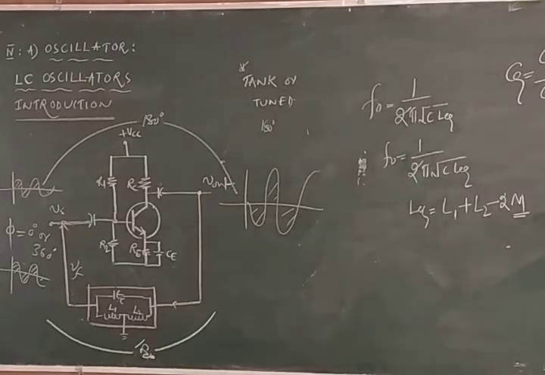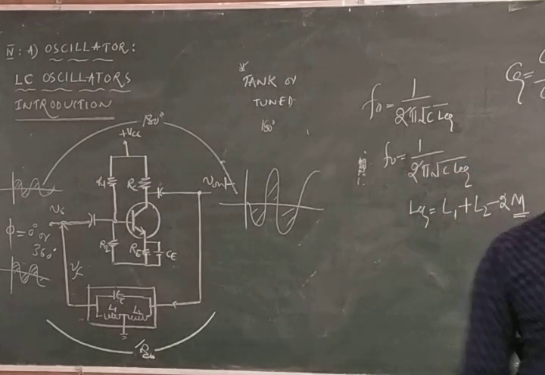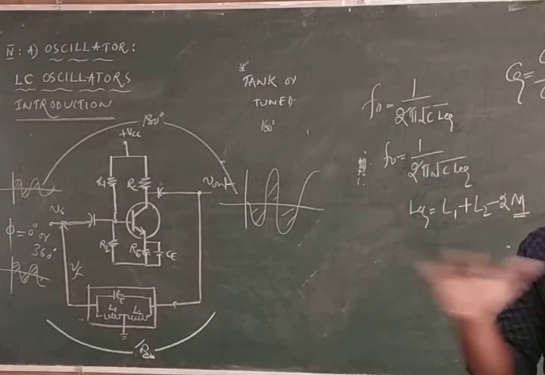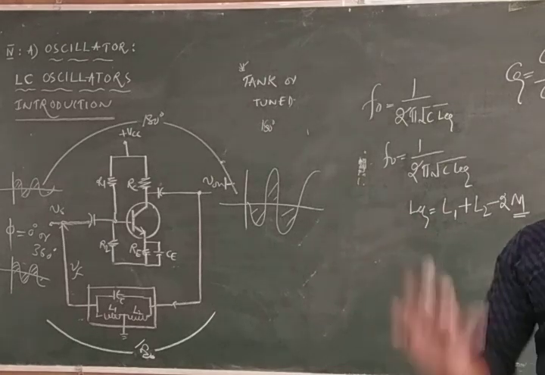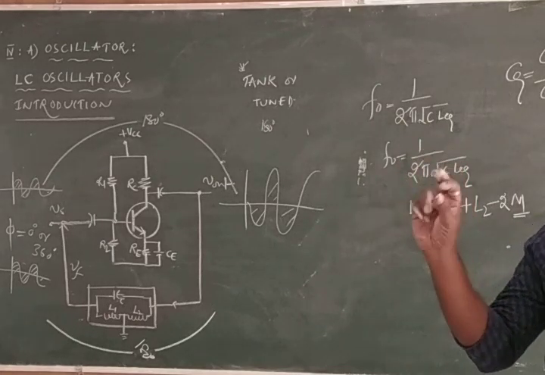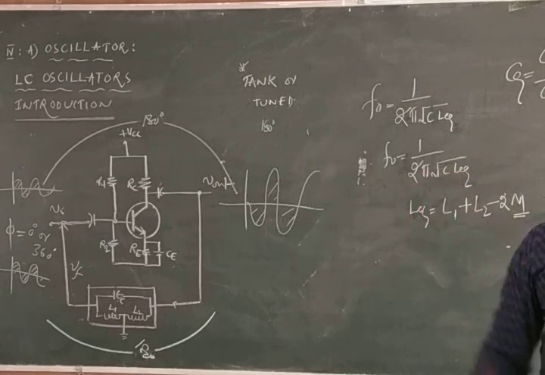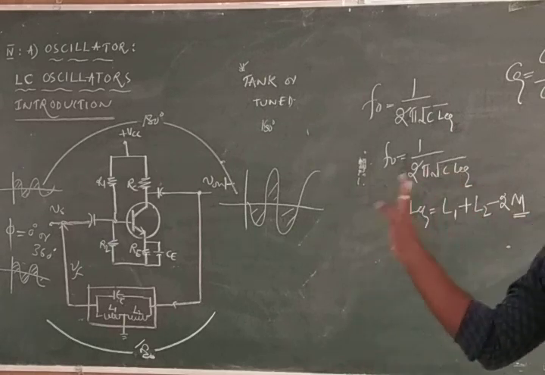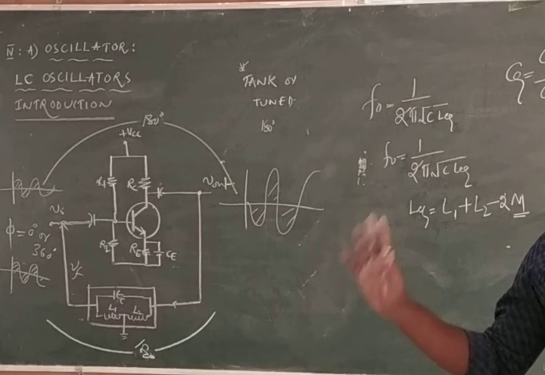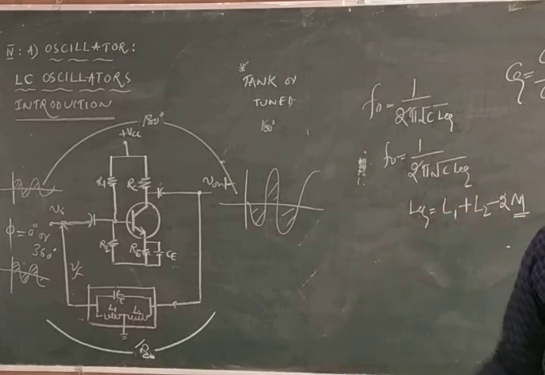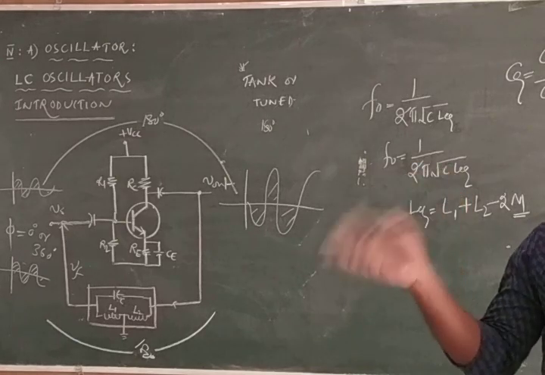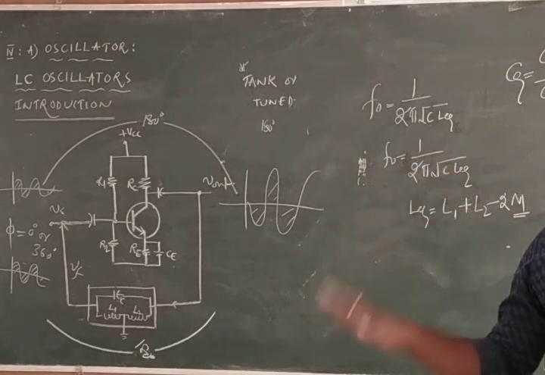With only one topic, the crystal oscillator, half of the fourth unit is completely closed. Anyway, I am going to give the notes for the crystal oscillator. It is also the same as this, no need to go with any new things. I will give the complete notes for the crystal oscillator, so that half of the fourth unit is closed with this class only.